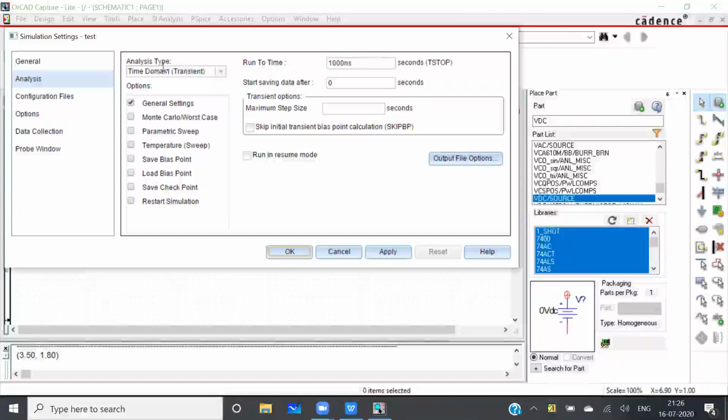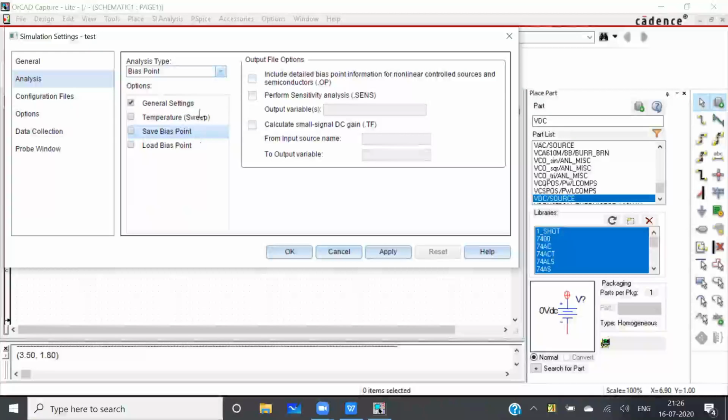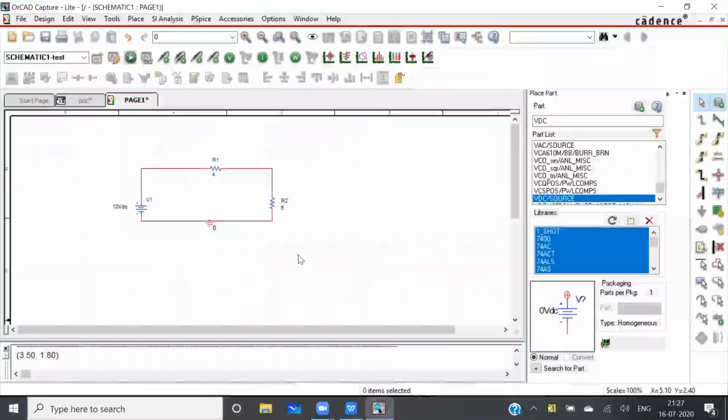Here inside this analysis type, there are 4 different analyses are there. For our purpose, we need to go to this bias point. In bias point also different settings are there. General setting, temperature, save bias point, load bias point. Here I will take this general setting. Then I will click on OK.